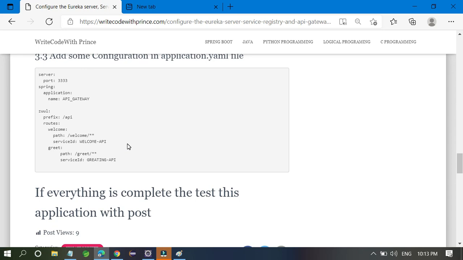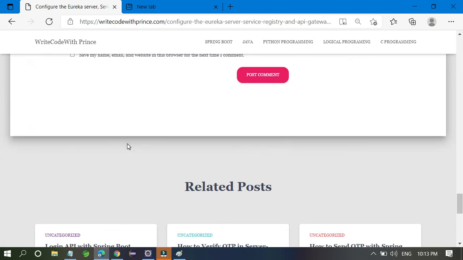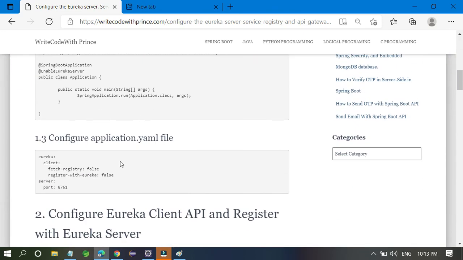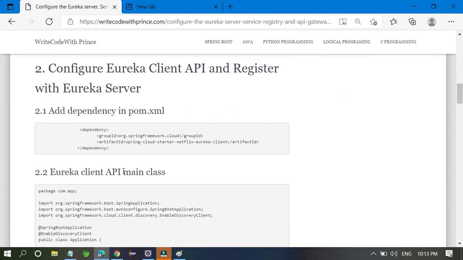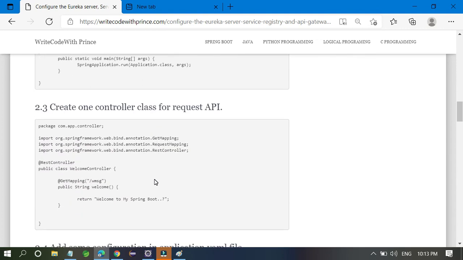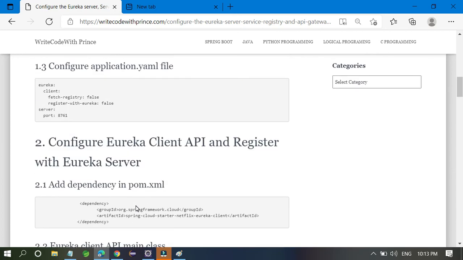Okay, greet, service ID greeting API, and here you have configured like that. Client API 2 has one controller like WMSG get mapping. This should also be fine.